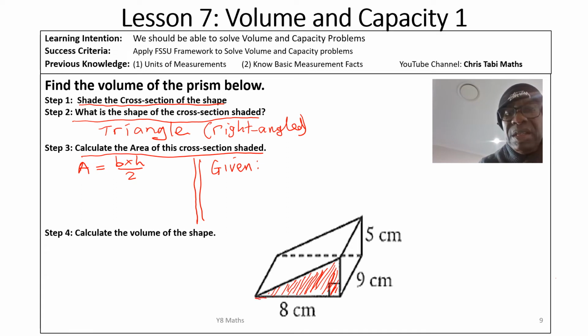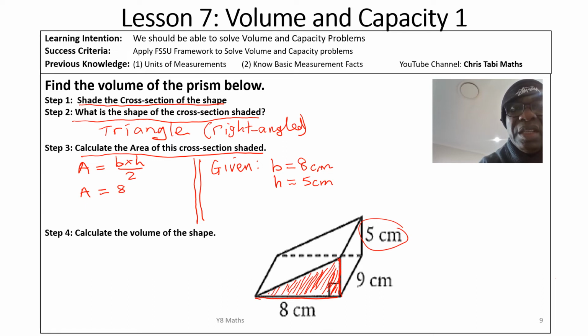Well, the base is 8, so B is equal to 8 centimeters. And the height is 5. So H equals 5 centimeters because that side is the same as that side over there. Okay, so let's do the substitution. So A will be equal to 8 multiplied by 5 divided by 2, and this will be equal to